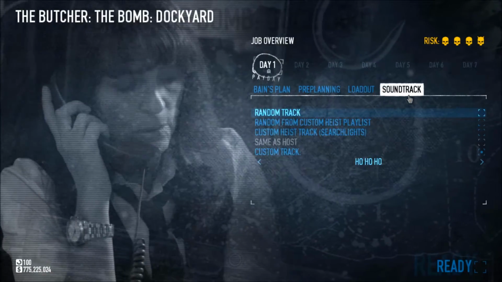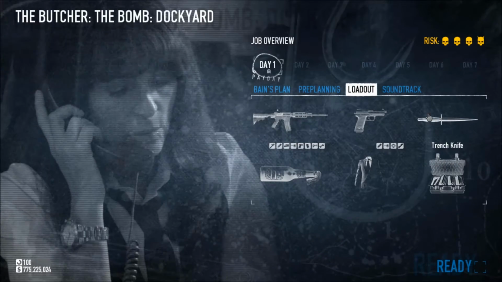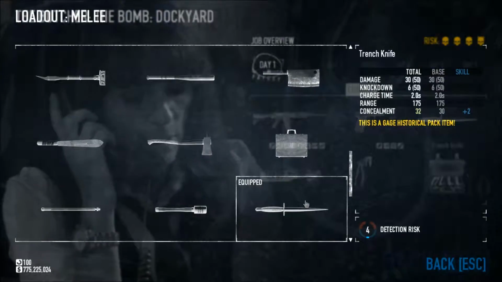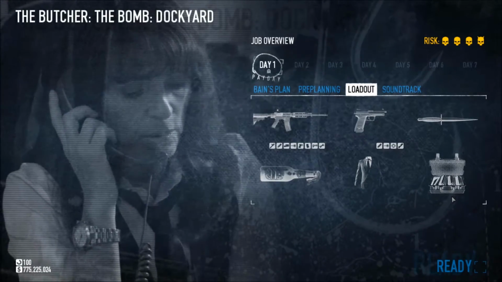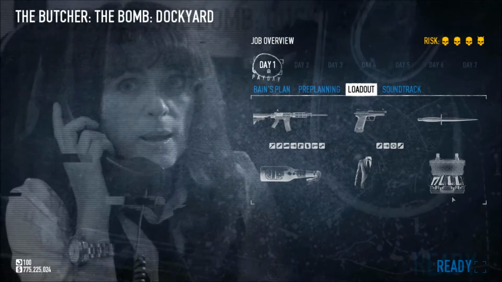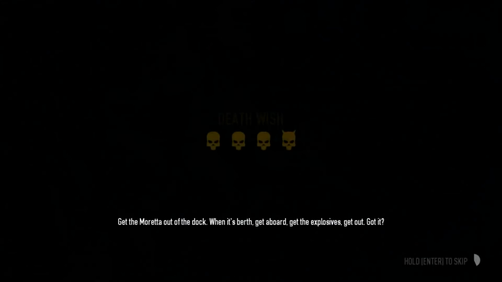So I got the body bags and the trench knife, obviously one of the best. And basically, yeah, I always start on the right side and do all that, and then I move to the left. So let's get this started. Get the Beretta out of the...